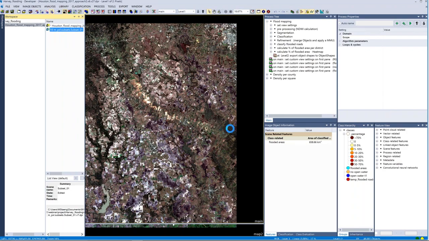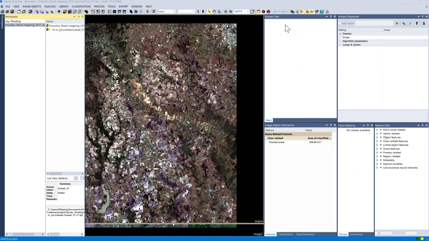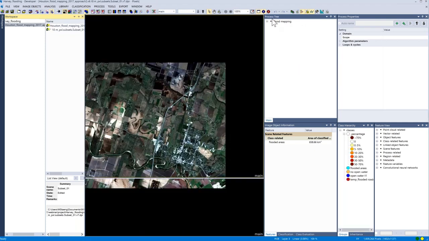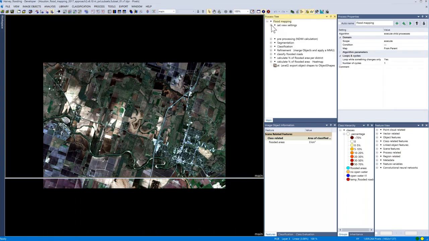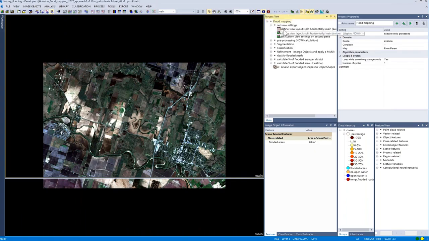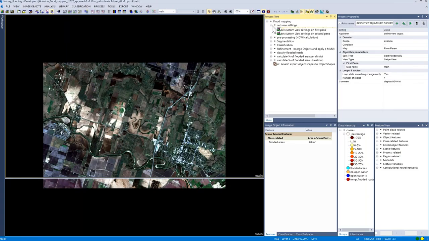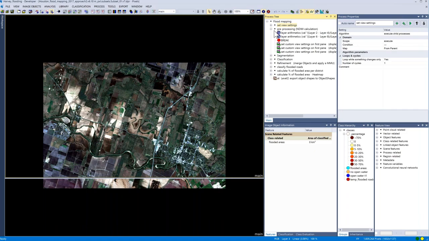I'm going to go through our rule set here on the top right, in the process tree, and these are the different processes that are using different algorithms, and I'm going to go through these and explain what happens.